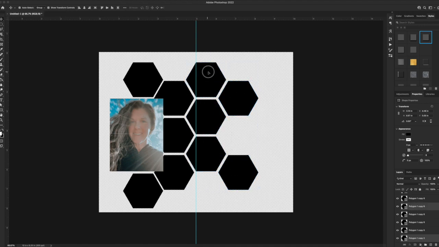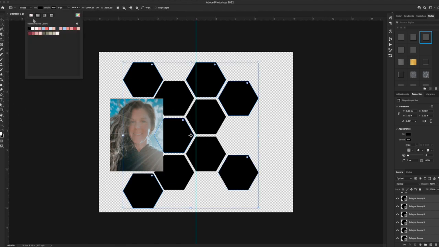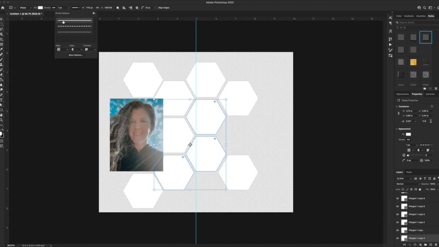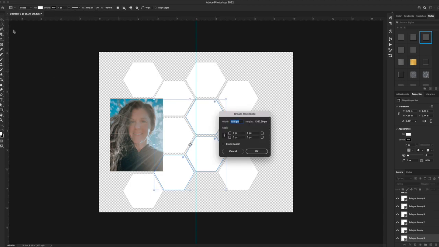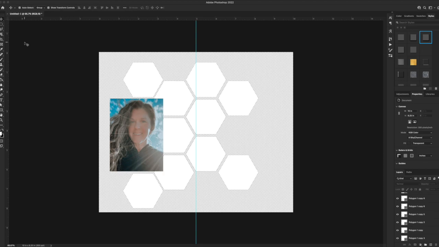Now I need to add in a few text boxes. I'm not going to do all 10 like Cheryl has. I'm going to do 7 text boxes. So I'm choosing which ones I want to have text in them. The other ones I will put patterns or journal cards in. So I'm going to turn these white with a little bit of a black outline just so that I can see the edges. And then the last thing I'm going to do is I'm just going to create a title